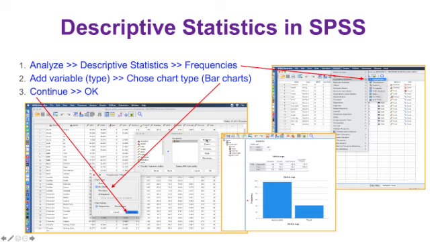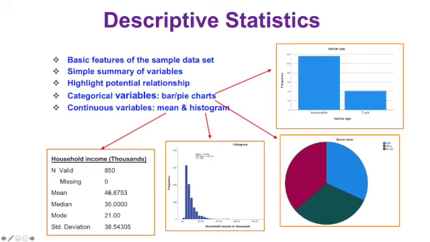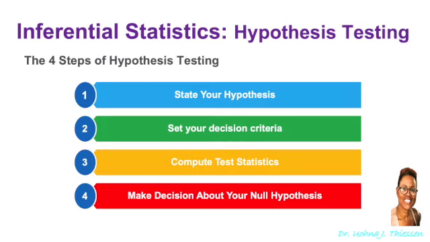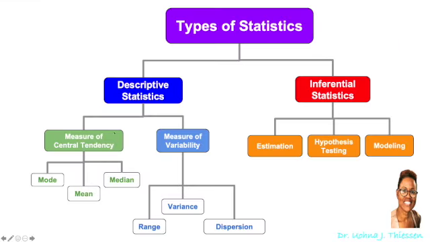We would then click on statistics and choose the mean, median, mode, standard deviation, all that kind of stuff. And that would then generate a table somewhat like this. So once we're done with our descriptive statistics, now we can move on to our inferential statistics, right? So remember that we have descriptives and we have inferentials, and this is where we do essentially our hypothesis testing,